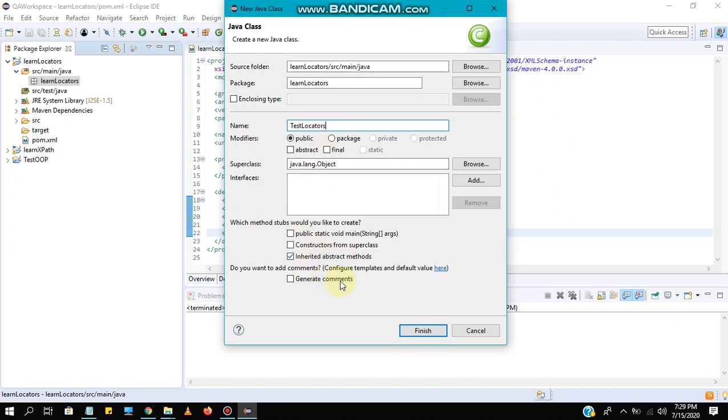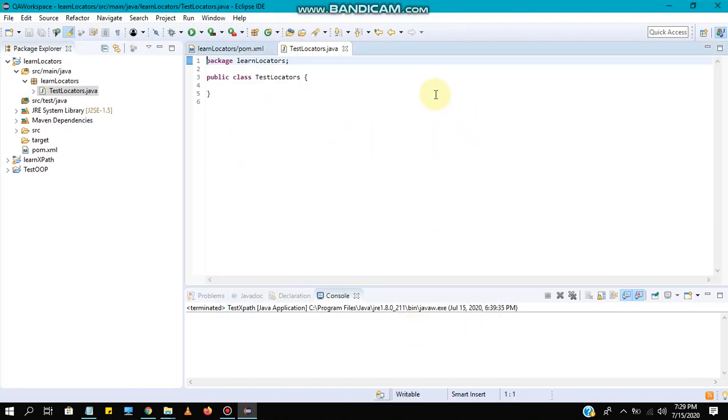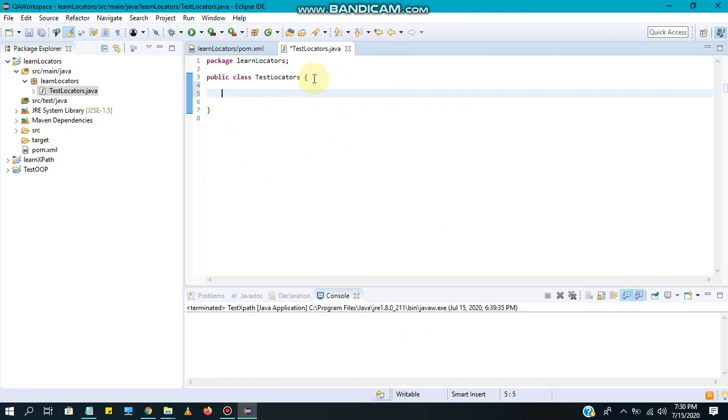We can keep the other options as they are and just click the finish button. I just want to demonstrate handling these locators in a simple way, so I am going to create a main method here.